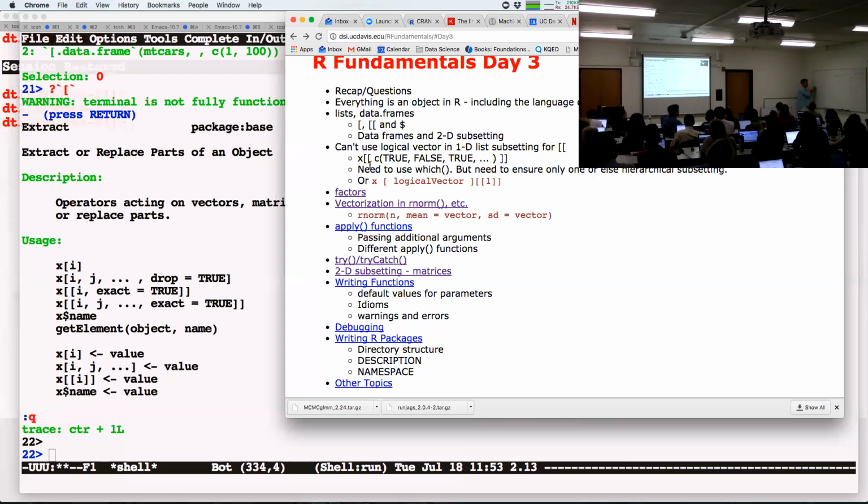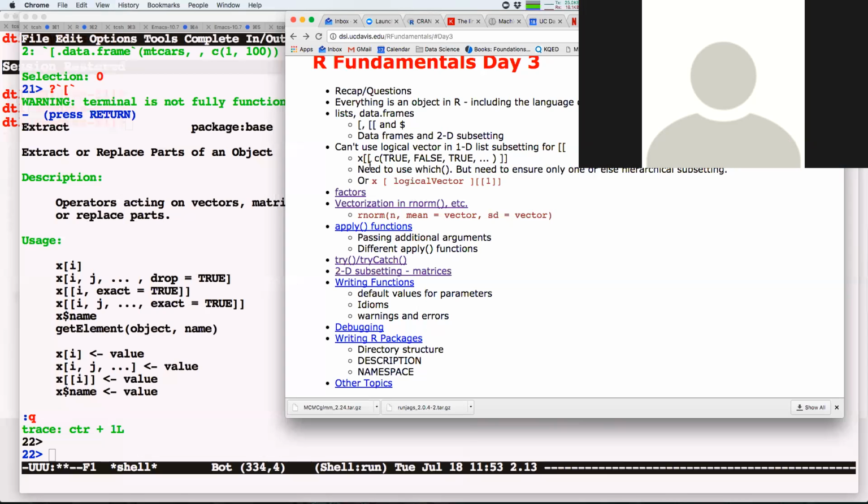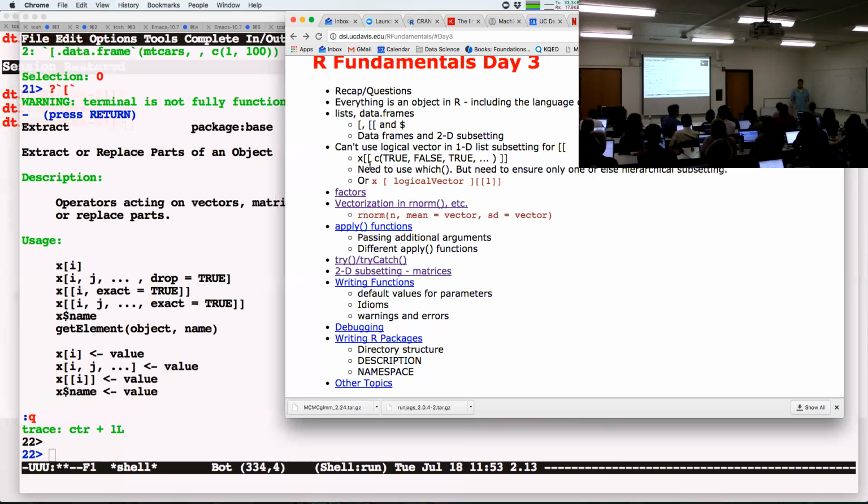But now we have this magic thing which we saw last day, I believe. This is my list. So this thing came back from the apply. Here's my list of all these matrices. I want to stack them on top of each other. I want to call rbind, and what I'd really like is rbind of this guy, comma, this guy, comma, this guy, comma, this guy, comma, this guy. But I'm not here to type that whole thing out. So I'm able to say, hey, can you call rbind with this list of arguments? So it will go in and do the matching of all the arguments, and these guys will get passed into...